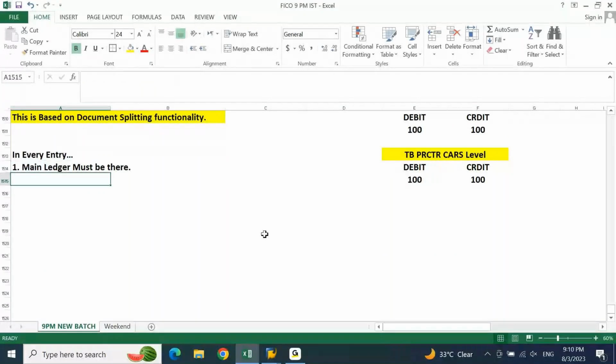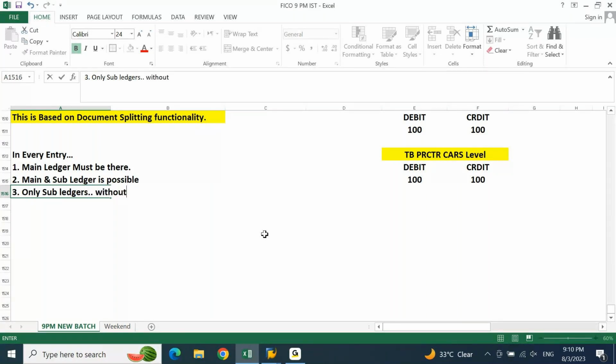Point number two, main and subledger is possible. Point number three, only subledgers without main ledgers are not possible. Okay, when I put this statement,